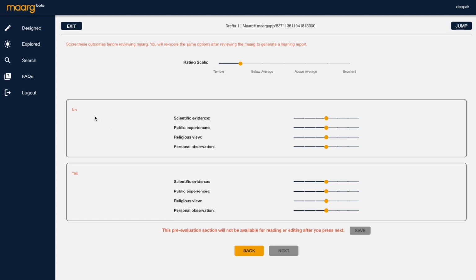So as you can see, there are two outcomes and all the factors that we discussed before. The first outcome is about no, the souls do not exist. Now we need to score each of these factors on this rating scale. So as of now, everything is neutral, but we can change this to terrible, or we can make this